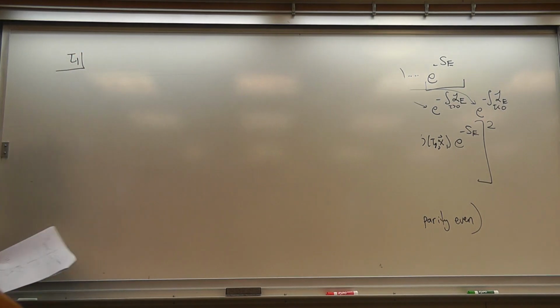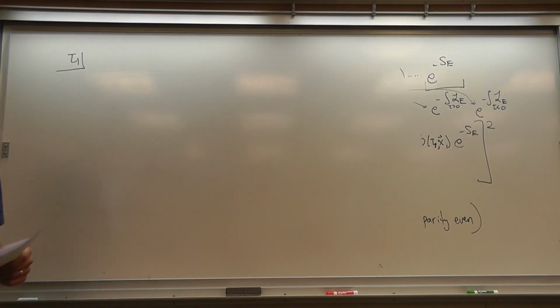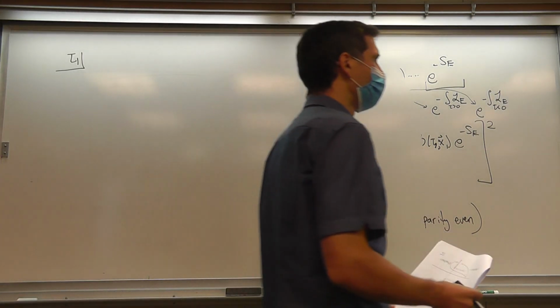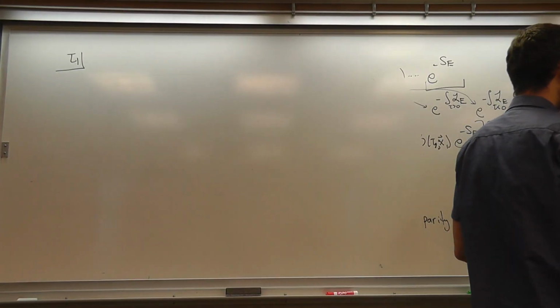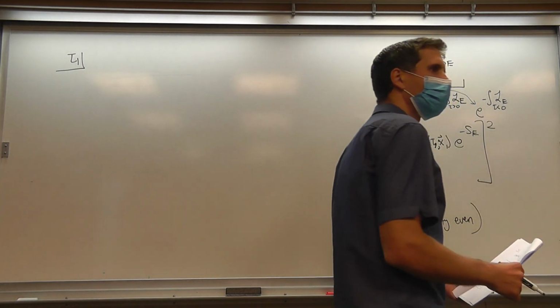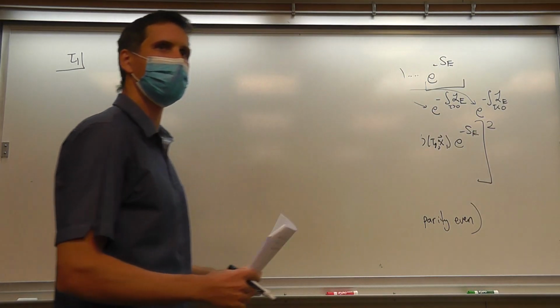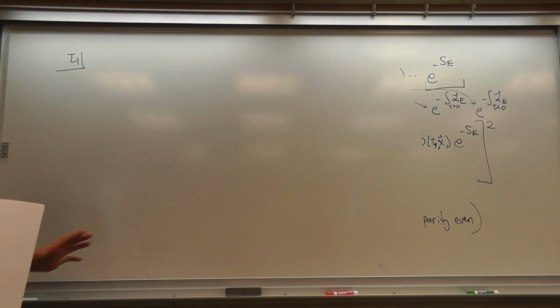I like to think about this as an analytic function of tau 1. What I mean by that is that we're going to take this original Euclidean correlation function, freeze everything except for tau 1,